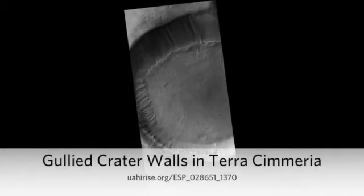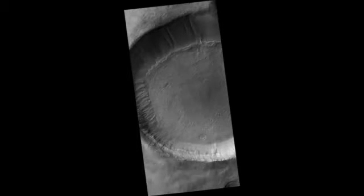Gullied crater walls in Terra Cimmeria. This is an image of a crater in the southern highlands at approximately 43 south latitude. This is within the latitude zone on Mars where volatiles such as water and carbon dioxide undergo seasonal activities such as sublimation, the conversion from a solid ice to a gas, and deposition, the opposite, turning from a gas to